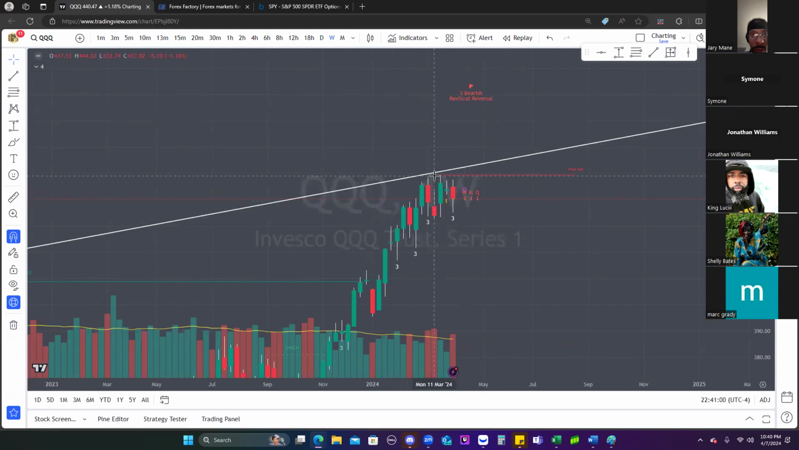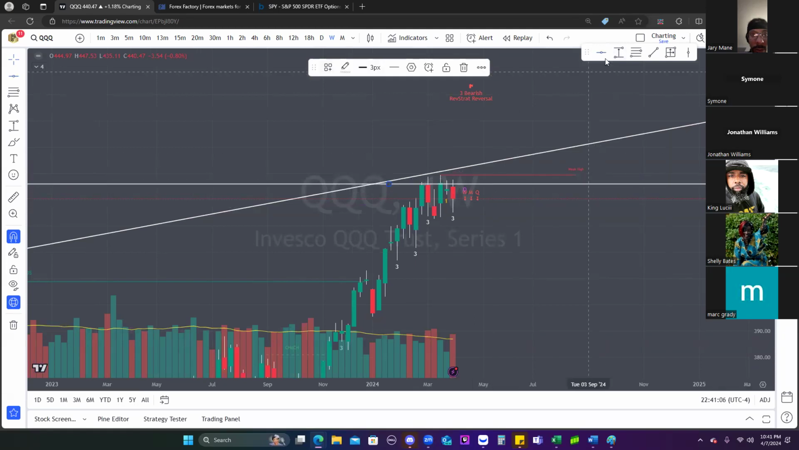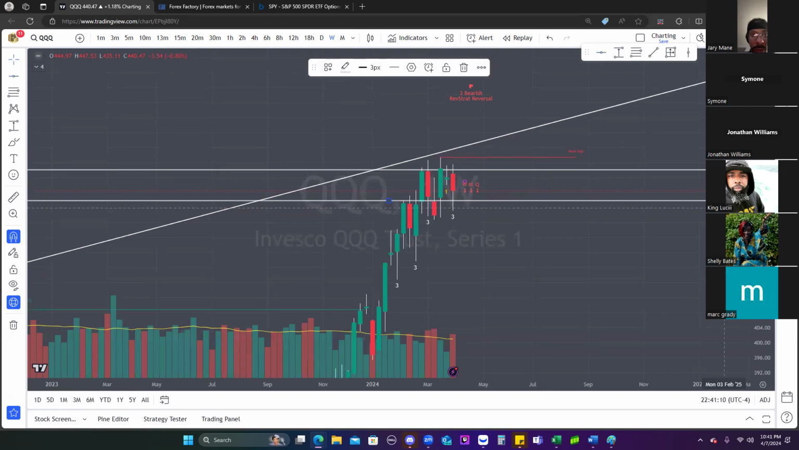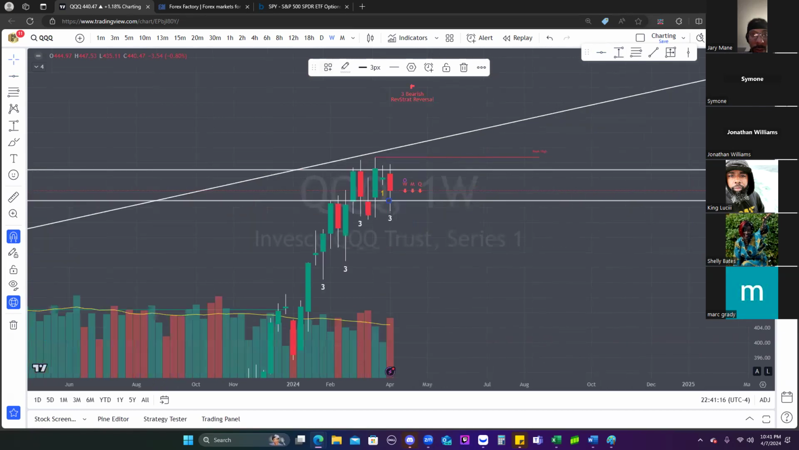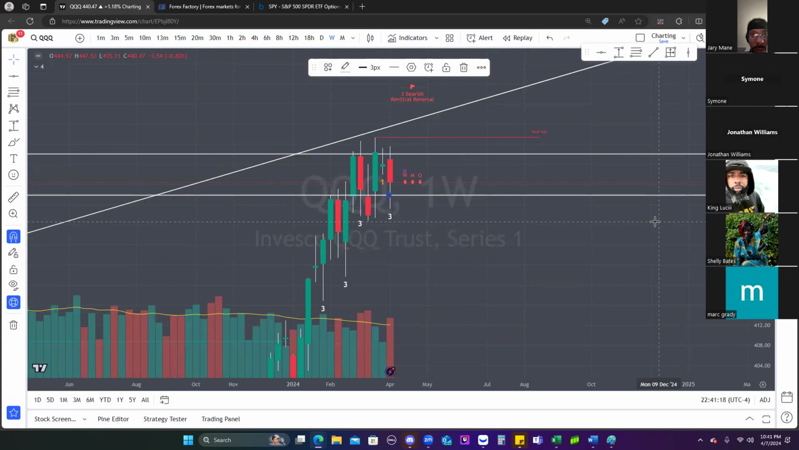So this range, I'm just going to do the top of the bodies, like between 436, 446, 437, this range. When we break out of here, we'll be able to understand better what the direction is going to be. And I would say the leading barometers for tech,